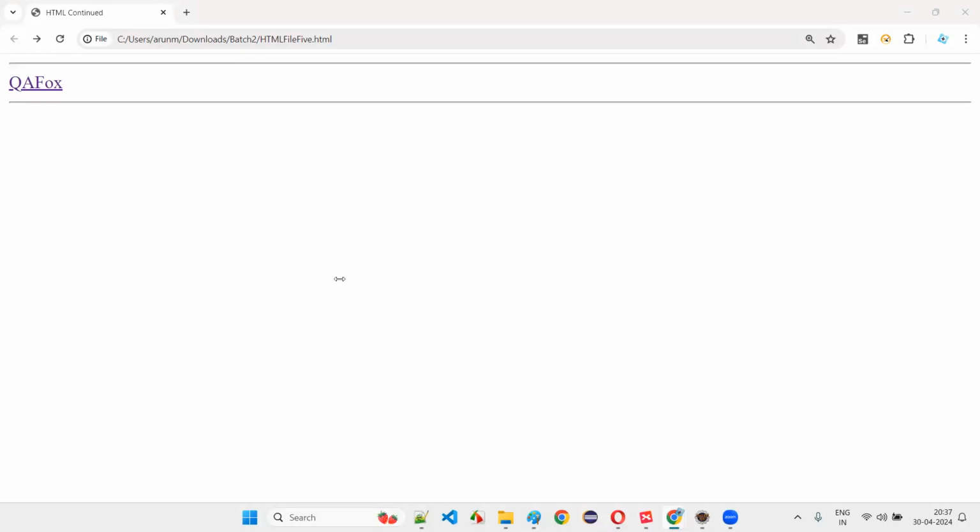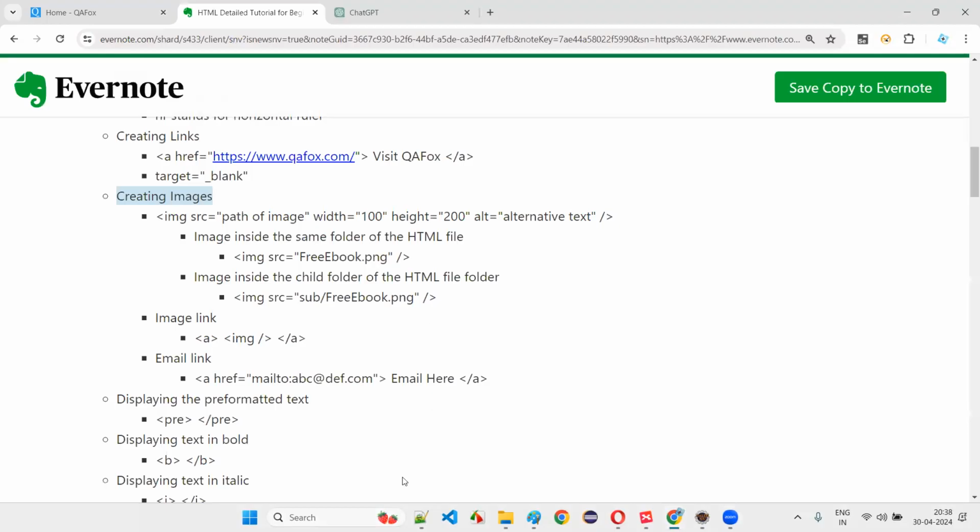The same thing I'm going to do. We don't need the HR here, but if I don't put the lines as a separation, everything will become very clumsy and come in the same line. If I put the lines, I can separate it so that you can easily understand what is happening on the page. Otherwise you don't have to put them. Without lines also, it's going to work, but I'm putting lines just as a part of separation.